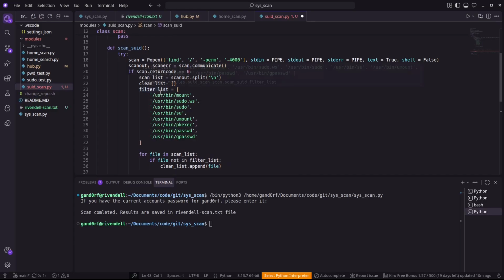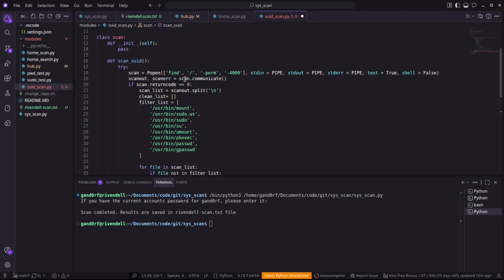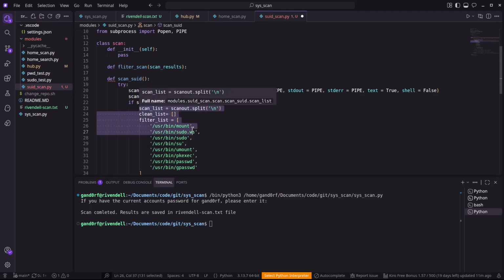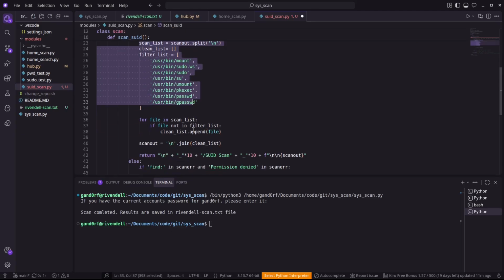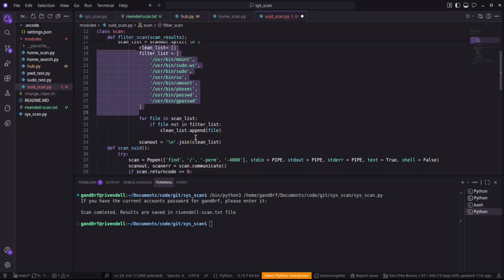So that means we need to break out this list filtering process into its own separate little function. To do that, just come up here and let's make a function. I'm going to call it filter scan. We want the scan results because that's what we're going to pass. What we'll do is we'll just take all of this, bloop it in there like that,